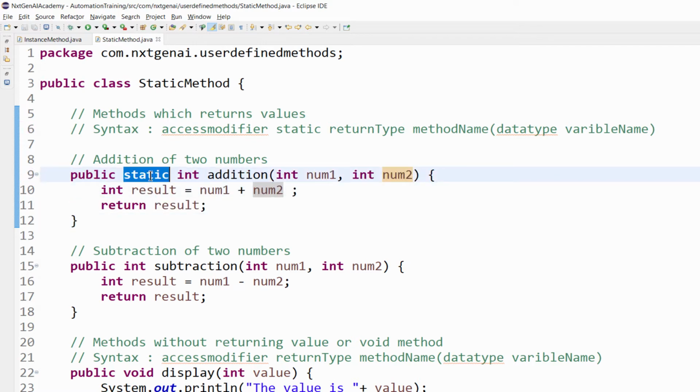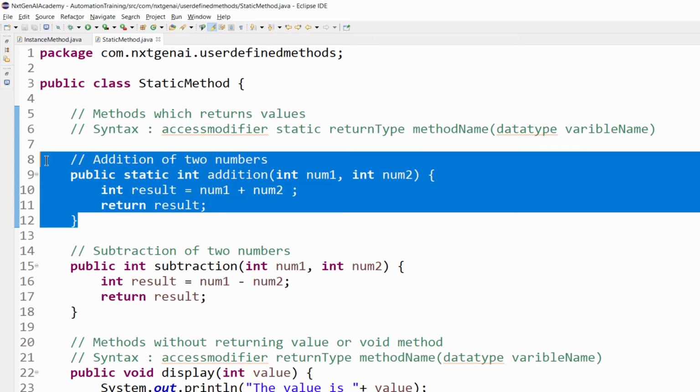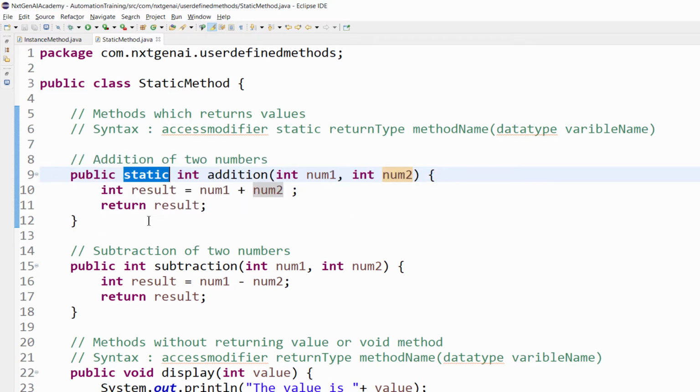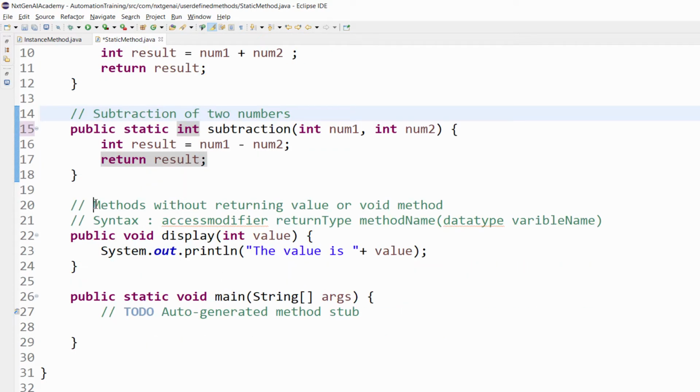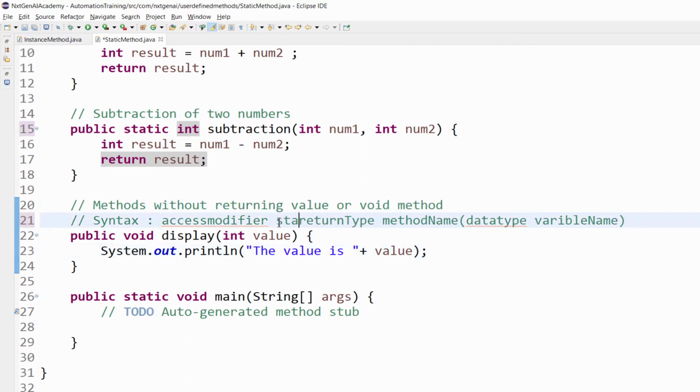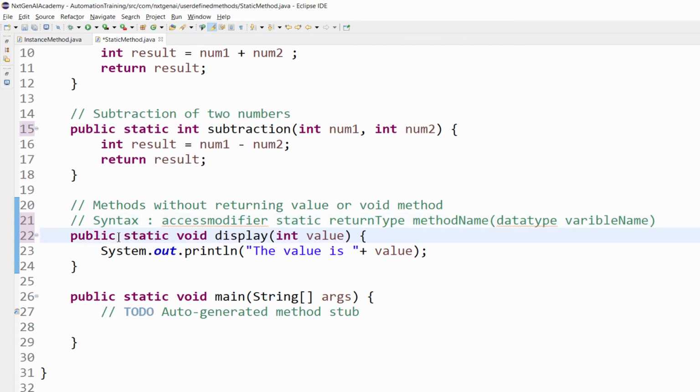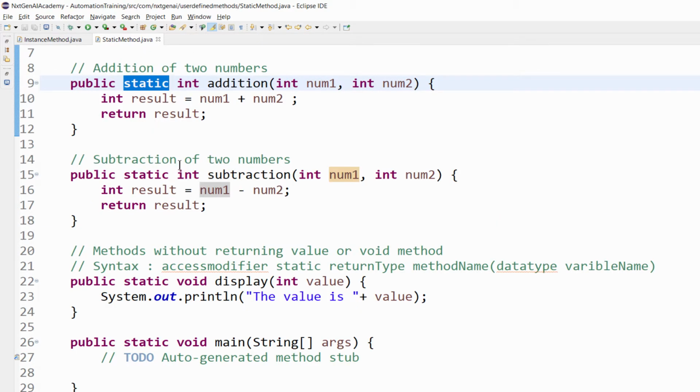It is the only change we have to make to the user defined method to convert it from an instance method to a static method. Same way, public static, then return type, subtraction method. Again, for a method without returning a value, or void method, we add the keyword static: public static void display and arguments. Now how to call this method?